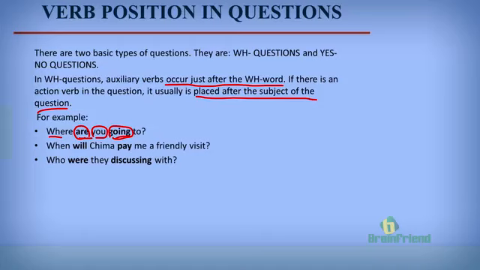Next we have, when will Chima pay me a friendly visit? We find the WH word when, auxiliary verb will, subject Chima, and main verb pay. Now let's take a look at the last example. Who were they discussing with? We also find the WH word who, the auxiliary verb were, and then the subject they, and the main verb